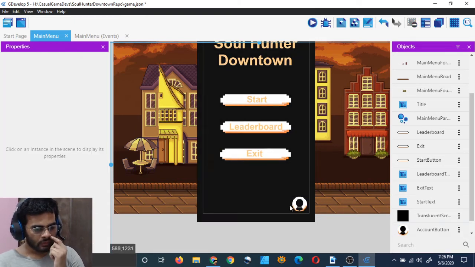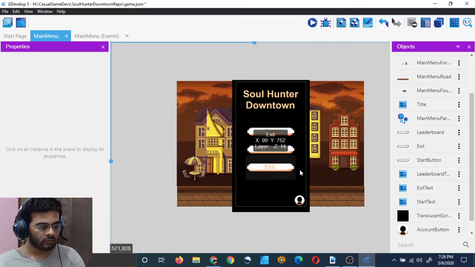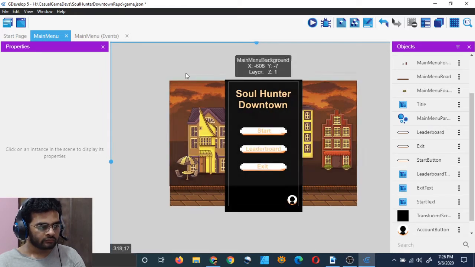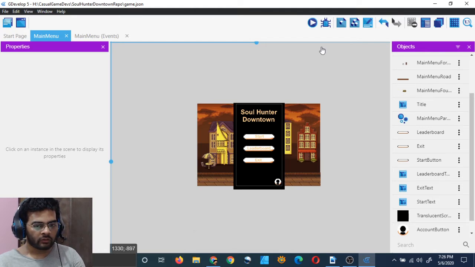So this icon is for managing their account: logging in, registering, logging out, and all that. And they are free to not create an account at all if they don't want to. And now let's play and see how it looks, right?